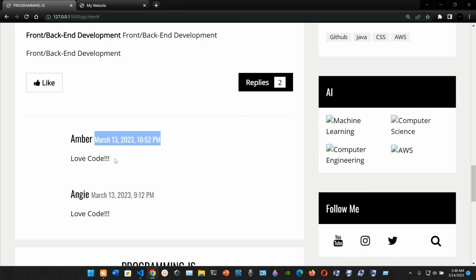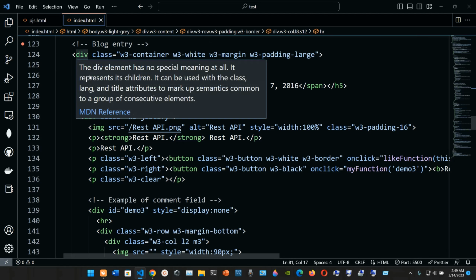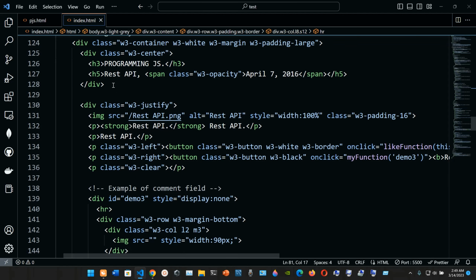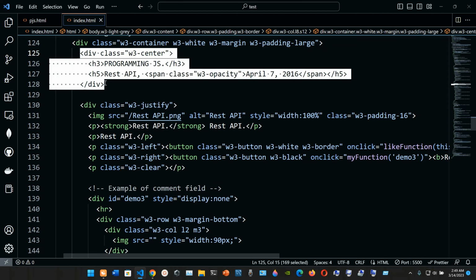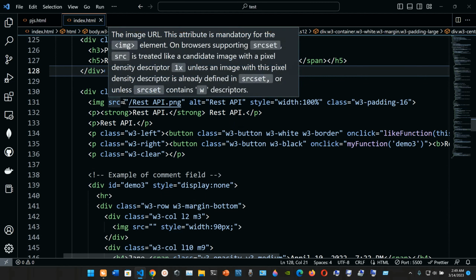block entry. In this case, it's gonna be line 123. It's gonna be block entry. We're gonna have a div element inside of the div element. We're gonna have more div elements inside of that. We're gonna have an h3 programming JS. We're gonna have an h5. In this case, I just put a REST API. Okay, we're gonna close the div element, then we're gonna open the next div element with a class attribute of